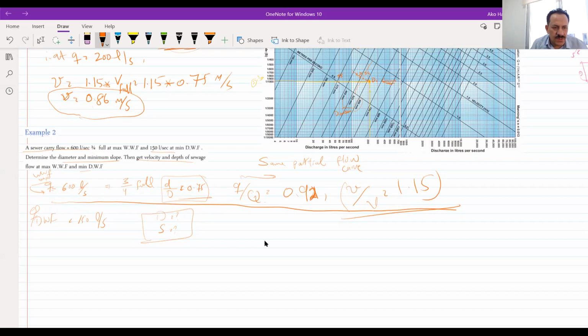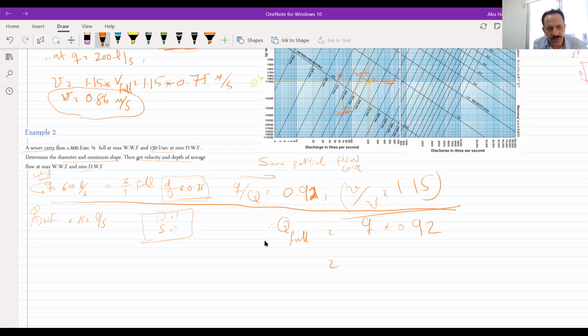So what should we do? First of all, we have this q. We have to find the capital Q, or the full flow. So I can say we have a Q maximum. Let us not use the maximum, let us use the full, Q full. So the Q full will be equal to